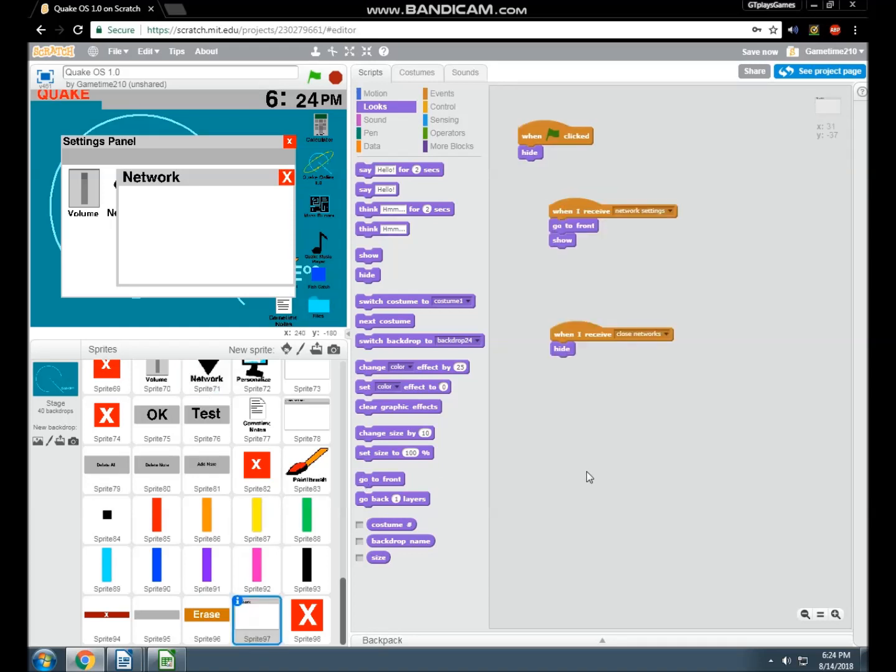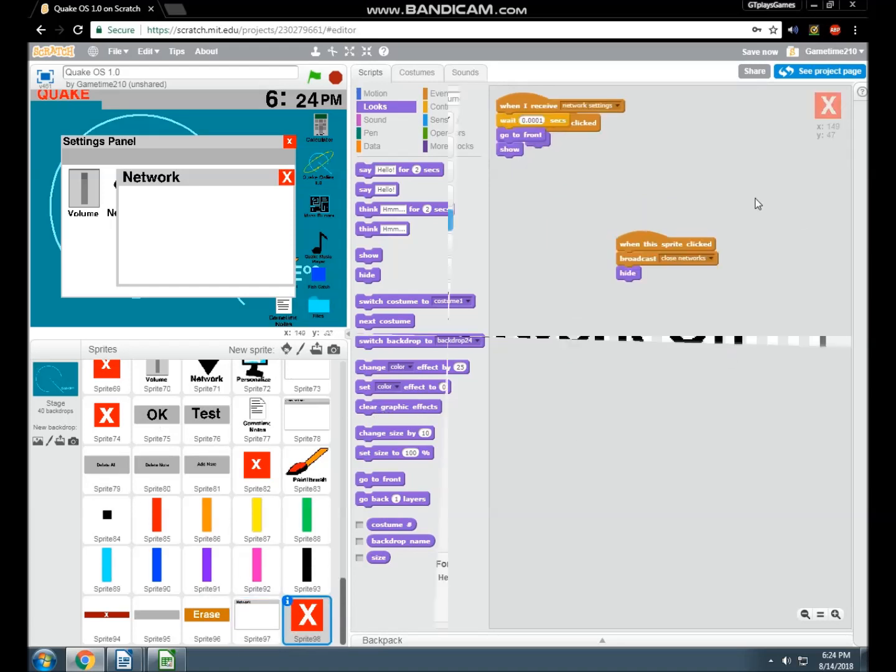Problem is, I don't know how we're gonna do that. How should we make it so it can turn on? Should we do it by text? Well, we could play around with these costume numbers right here, and I can kind of show you how to do it while we try to work on that. You know what?